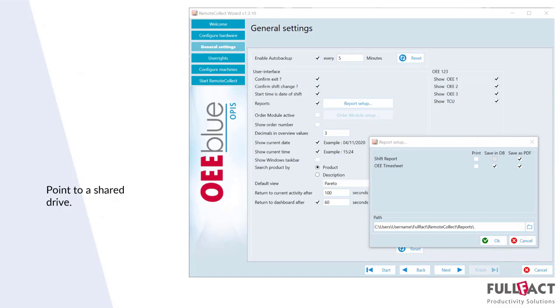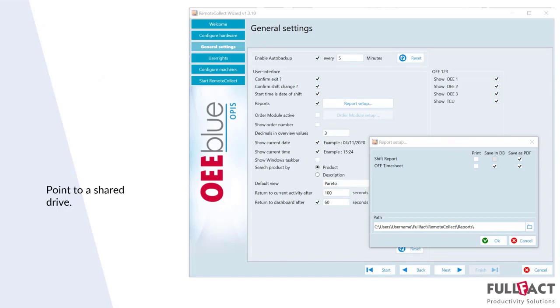If you're interested, just send an email to webinar@fulfact.com, and we'll send you the document explaining what exactly OE123 does. It also shows on the shift reports what the percentages of the OE123 are.